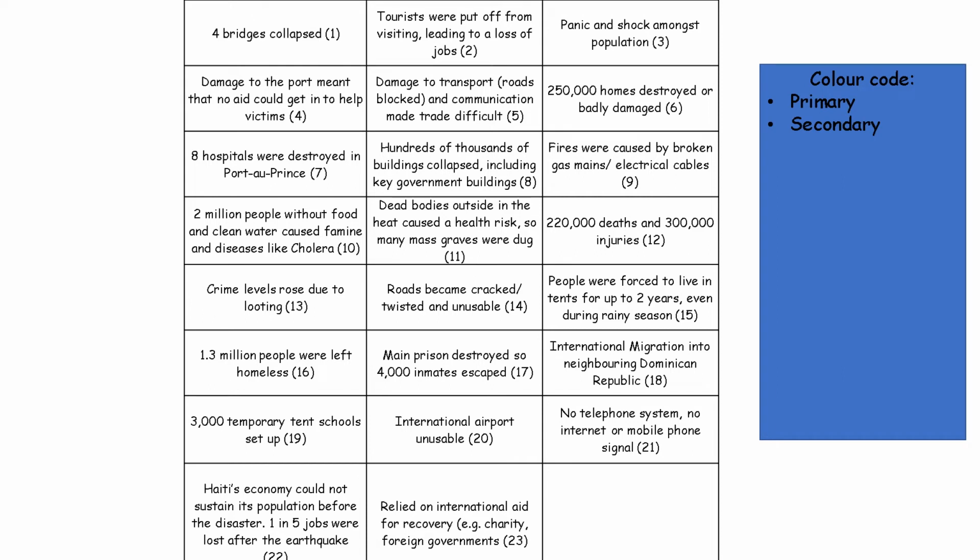So what I'd like you to do is you can colour code this if you wish, or you can draw it into a table. Don't mind which way. There's a whole list of factors here. They're only numbered because if you wanted to, you could number them somewhere, but it's much easier if you can colour code these, where these here are all effects of what happened. But what you've also got to do now is separate them into a primary, a direct effect of that earthquake, or an indirect. This only happened because of the original earthquake. So take a few minutes to do that.